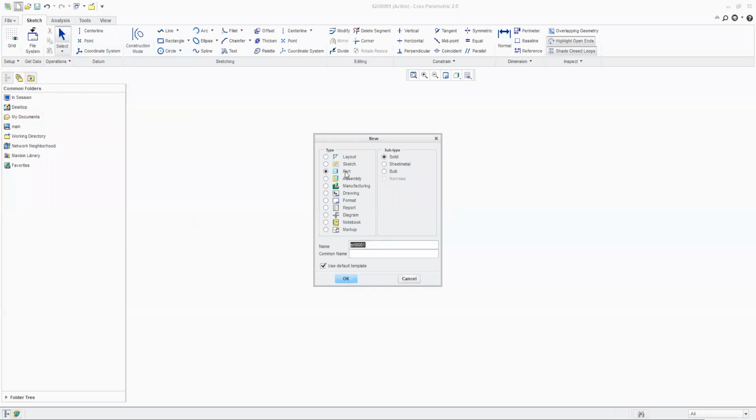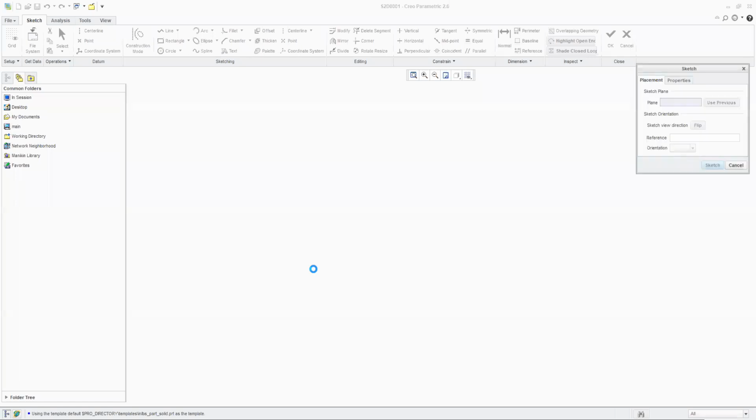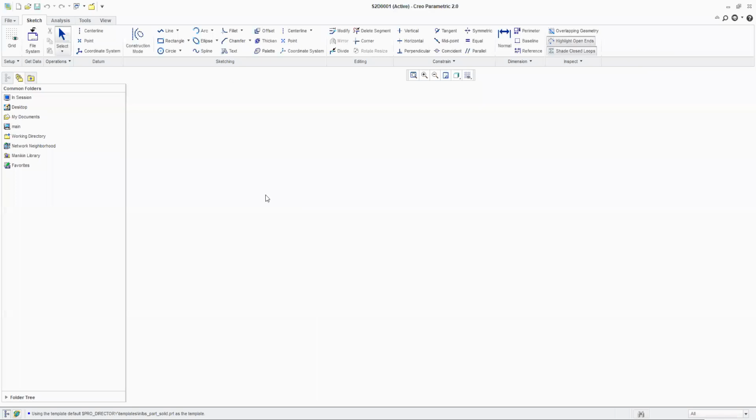New, and here I am saying part. Now when part comes in the picture, you will notice that it has planes, and when I select a plane for sketching, you will notice that now you have the origin with you. When you are in plane sketcher mode, then the axis or the origin is not important.